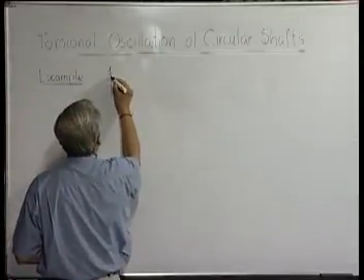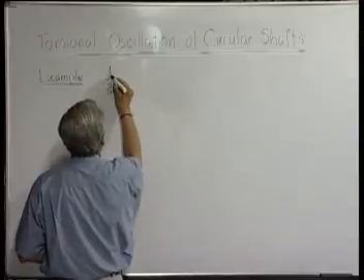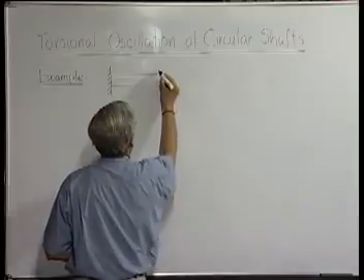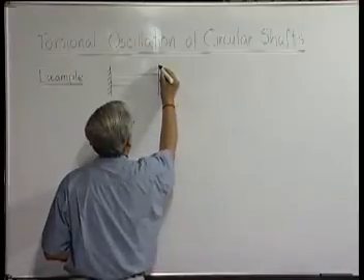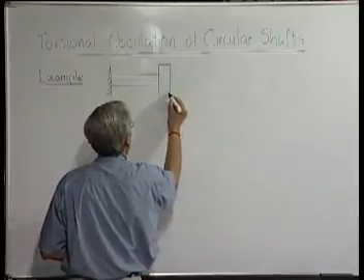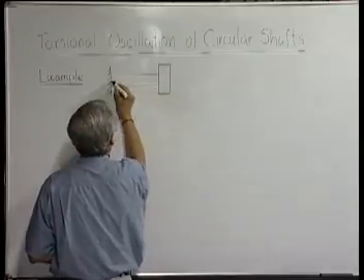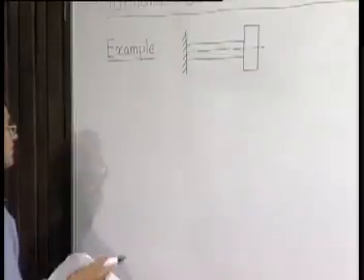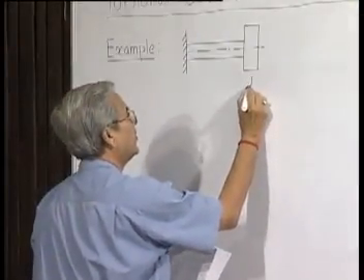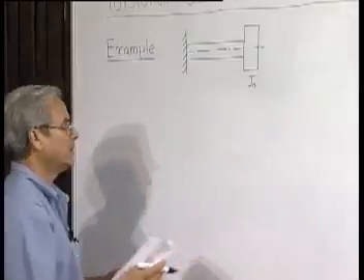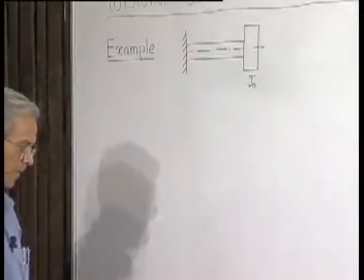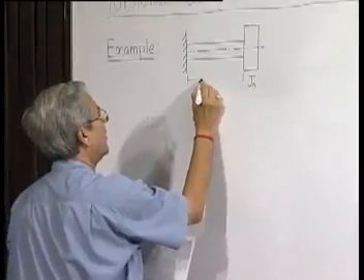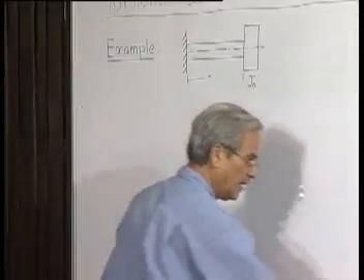That means a shaft carrying a disc at the free end. Say the polar moment of inertia of the disc is J0, the length of the shaft is L,